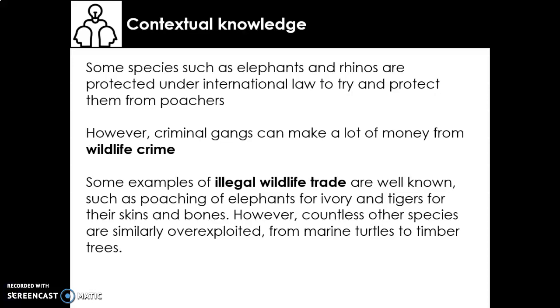So some species, such as elephants and rhinos, are protected under international law. So international law means it's not just one country that's protecting them, it's an international agreement. So countries working together to keep safe elephants and rhinos, to try and protect them from poachers. Now, elephants and rhinos, you might know, you might not, are actually linked because they're often part of a trade